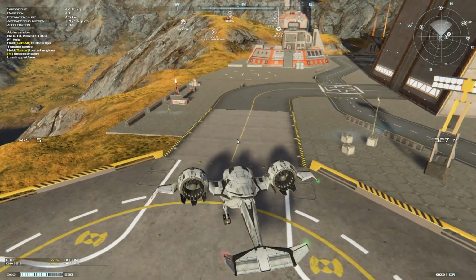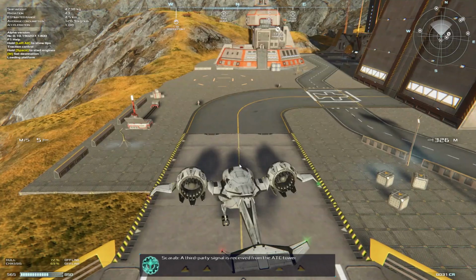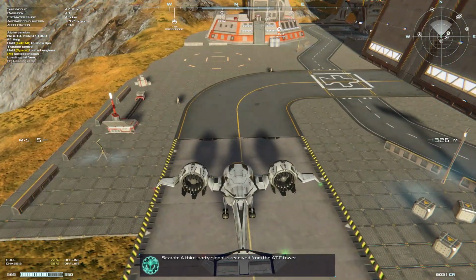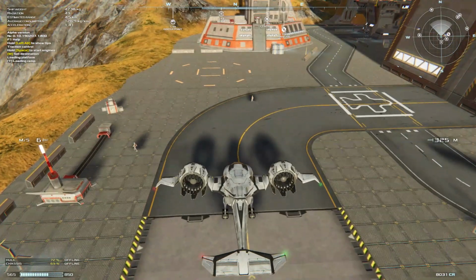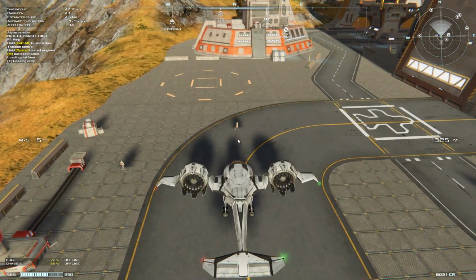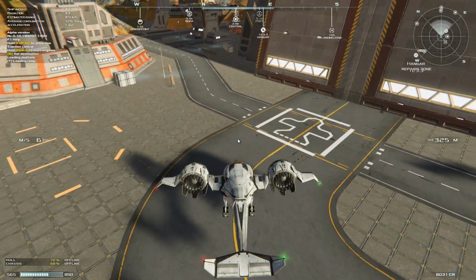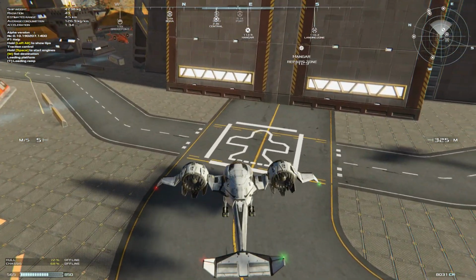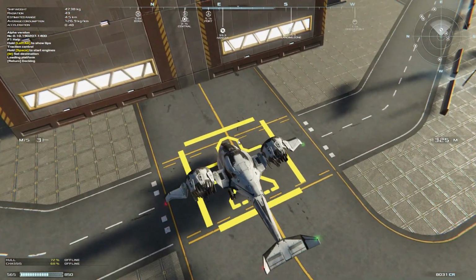Interesting. Very interesting title. A third-party signal is received from the ADC tower. I don't know what that third-party signal is. I'm not sure what it's trying to tell me. Yeah, my thoughts on this: I think it's got a ways to go. I would definitely like to see...